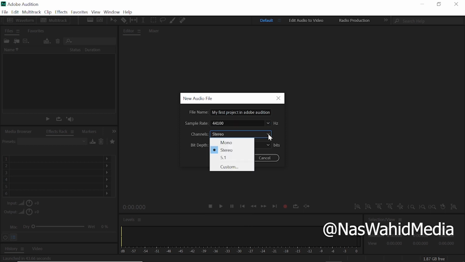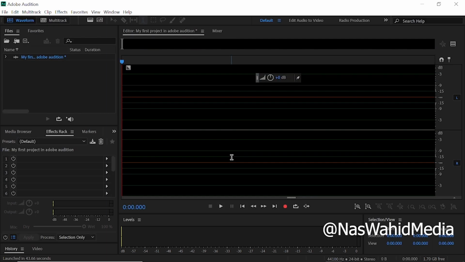Then this one you are going to use as stereo, since you want to collect the voices from different parts of the computer. Then for bit depth, here you can select 24, and then you click OK. To test if our machine is working, so before you do anything in recording your vocals here,